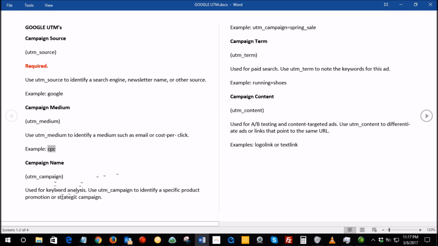And then right here, this is the campaign to identify a specific product promotion. So remember we said Black Friday. They're saying spring sale right here. Remember we said Black-Friday. And then again, we're going to come to the term. So Facebook had something about car plus owners, and here they have running plus shoes. So you could see whatever your product or service is, you're going to be able to add that to the